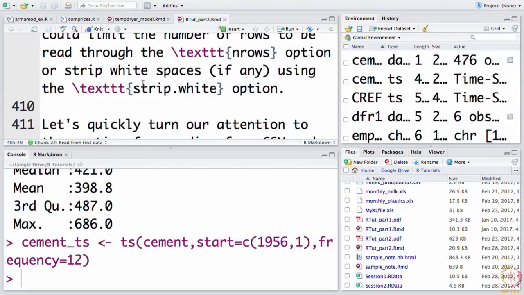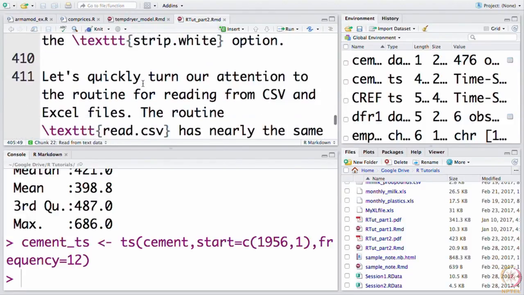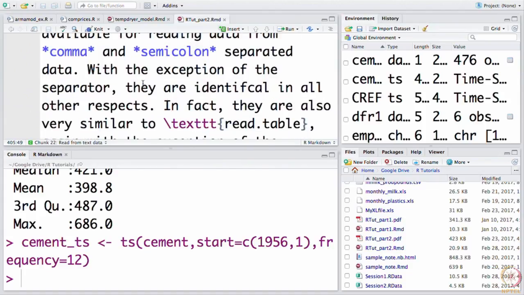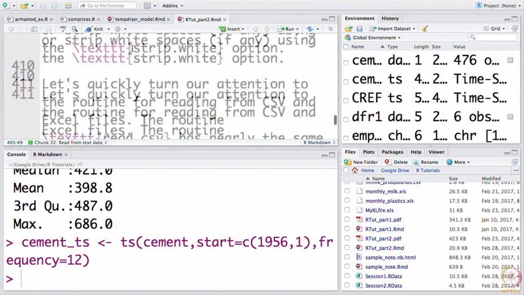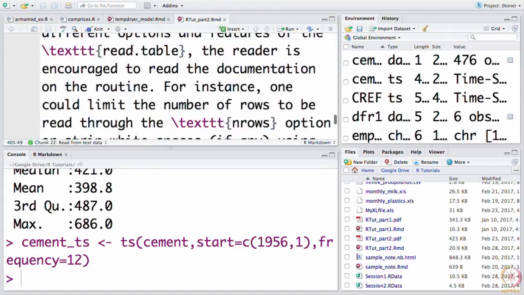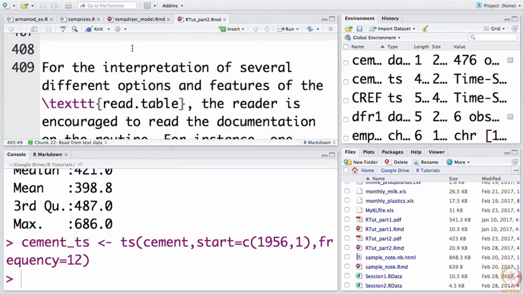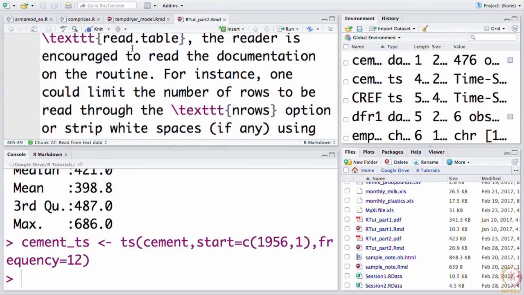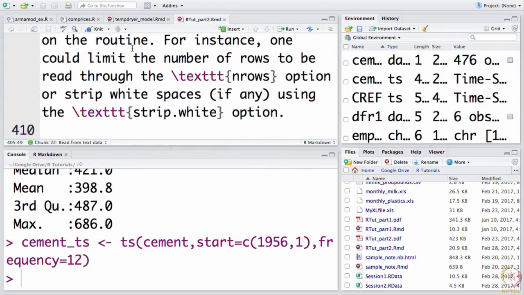to read data from an Excel object. Sorry, I am so sorry. So, we have just now learned how to read from a text object. So, now we turn our attention to reading from CSV and then a more advanced version, which is Excel.